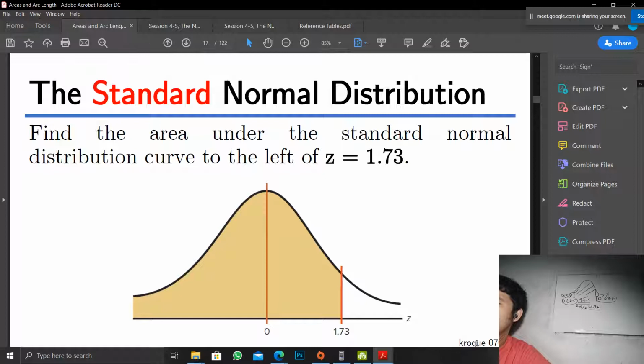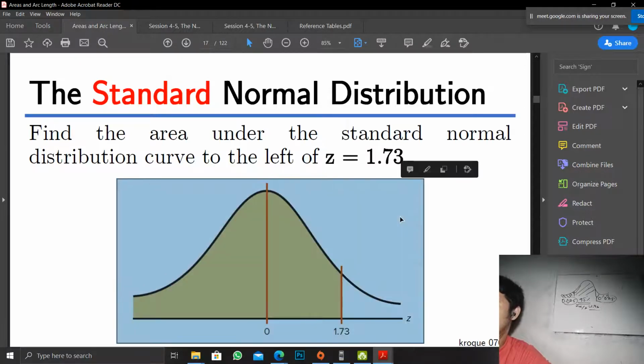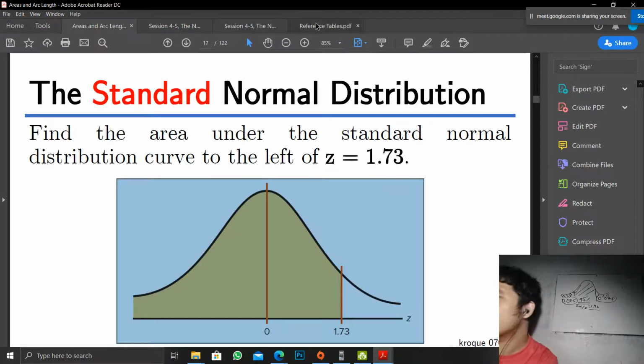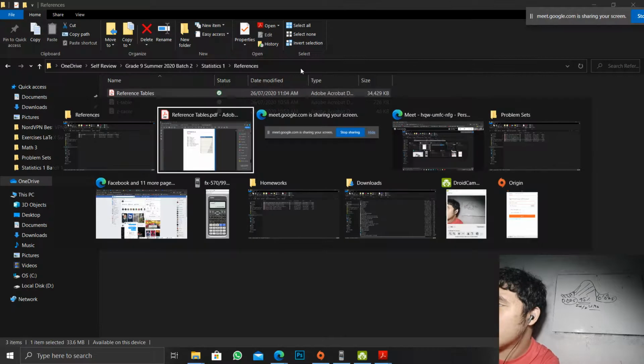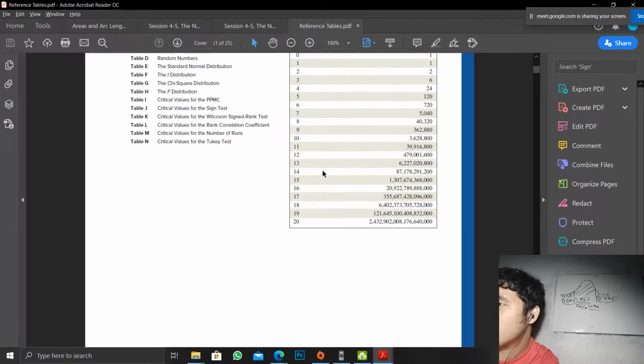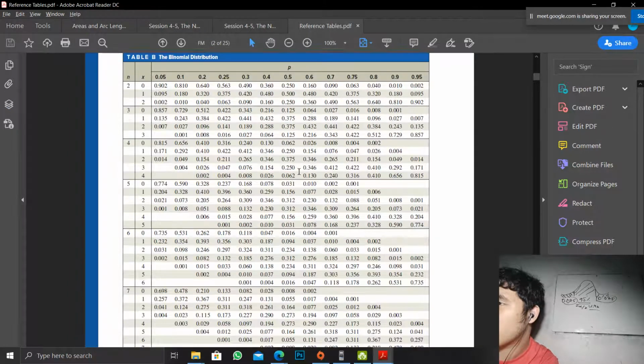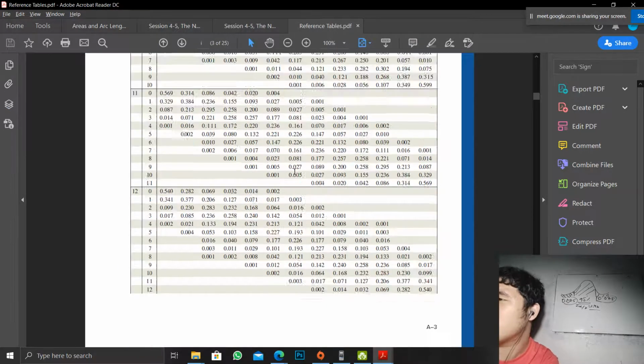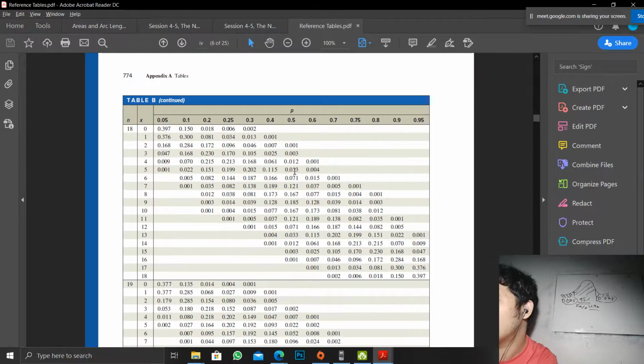So, sige, how do we find the area under the standard normal distribution curve to the left of z equals 1.73? Kasi mas importante yung area eh. Area corresponds to probability, sabi ko nga. Okay, we won't do this kasi we use the calculator, pero I'm just gonna show you in case you're interested, kasi sa school, baka ito ipagawa sa inyo. I mean, baka sabihin sa inyo, at some point, use the z-table.